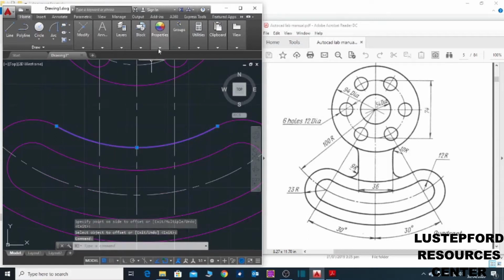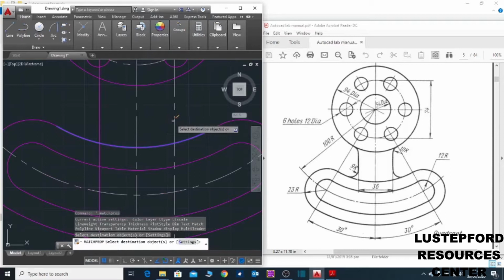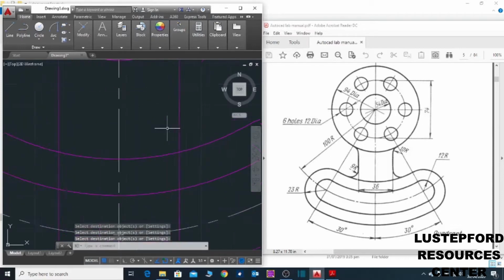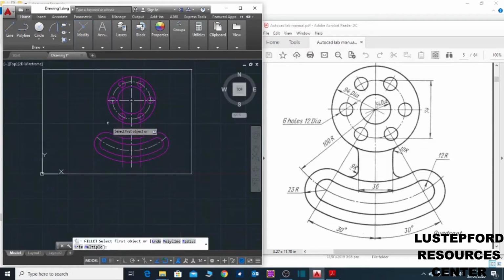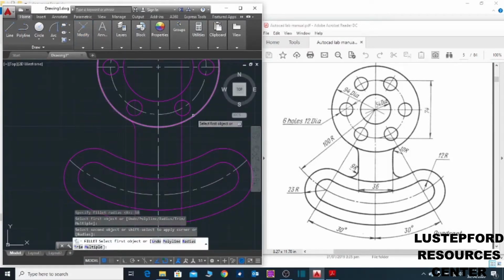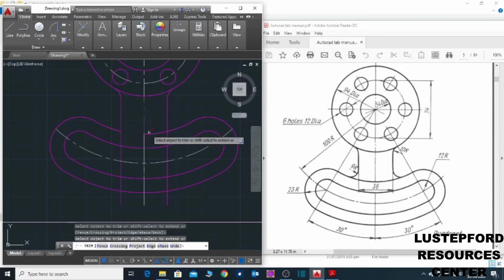I'll select here, match property, match this and this. I'll go to modify, select multiple here. So I will enter again, trim this one off.